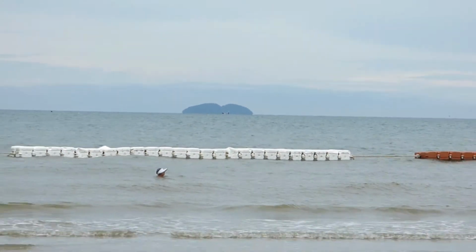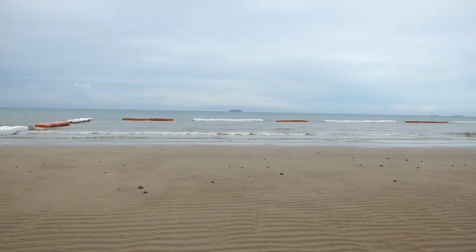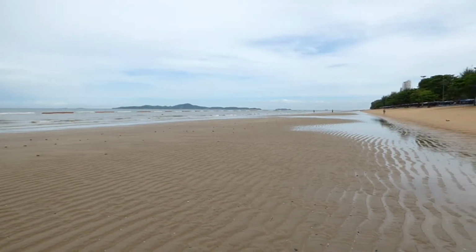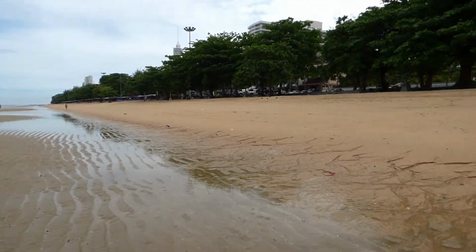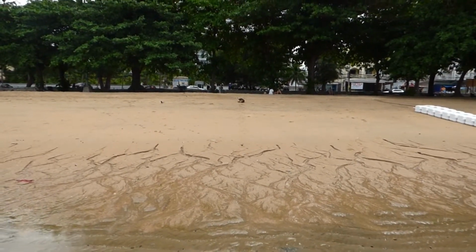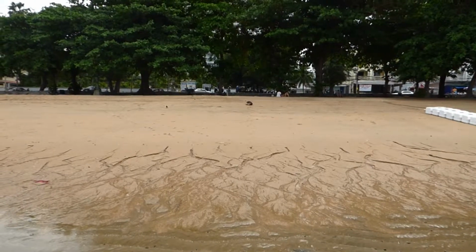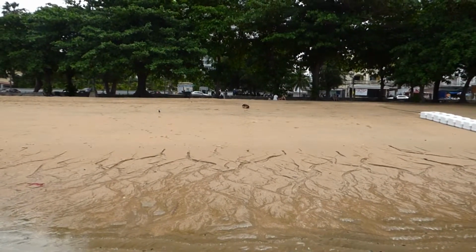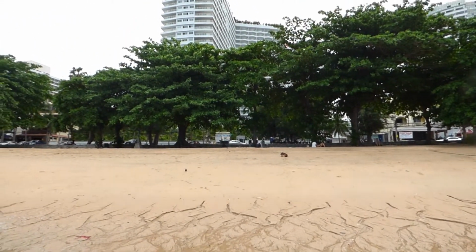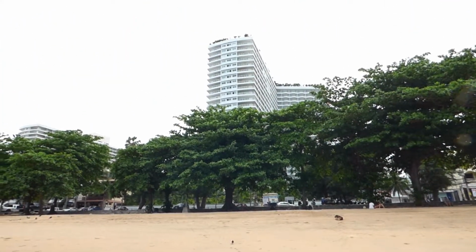So what I'm going to do now is show you the rest of the beach here. I'm going to turn around. And that's where I was standing, right where that dog is. That's about maybe 6 meters, so the camera is 6 meters higher. But now I'm going to go up into that building there, and I'm going to go up to the very top floor,